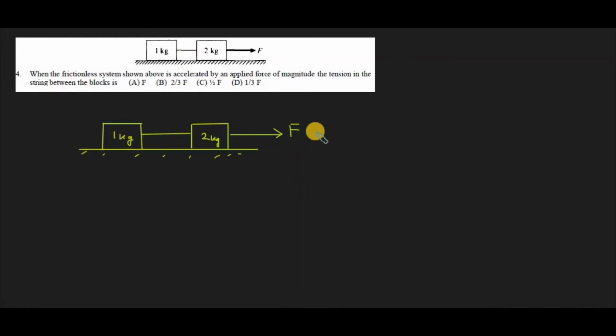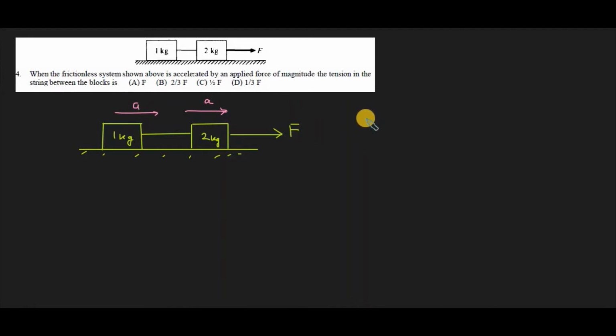Here, on the 2 kg block the force F is exerted; there is no direct force exerted on the 1 kg block. In between the 1 and 2 kg blocks the string is connected, so whatever force is transmitted produces tension between the 1 and 2 kg blocks, and the tension is transmitted to the 1 kg block. Since both blocks are connected together, we can consider that both blocks will have the same acceleration a.